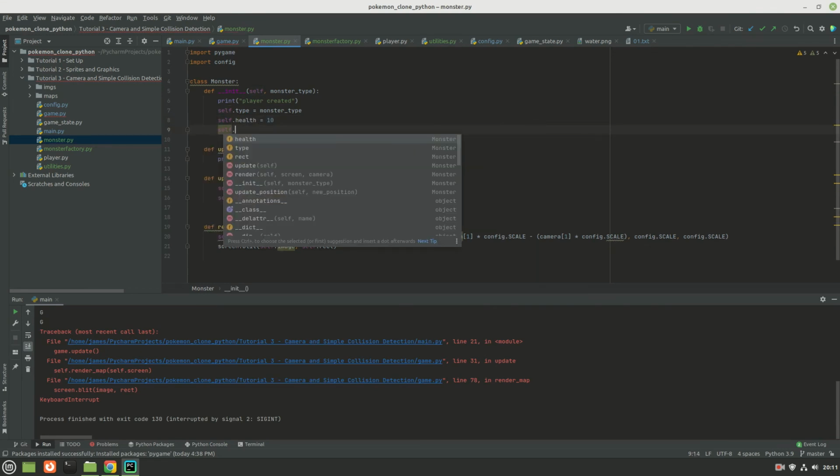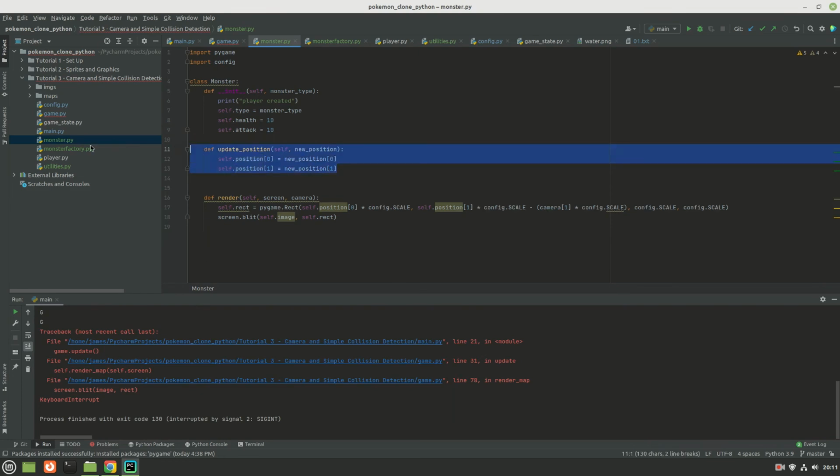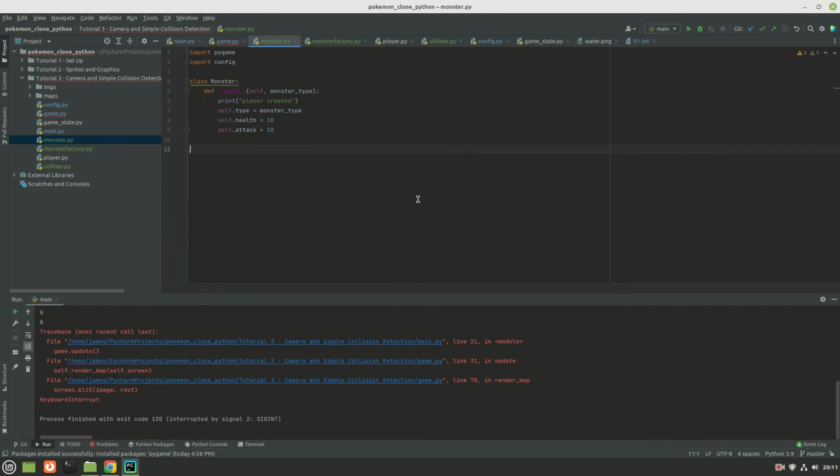I don't even know what that means right now, and attack equals 10. So it's just quick numbers. We don't need an update method at this point. We don't need this. We don't need that. So that's all we have right now.